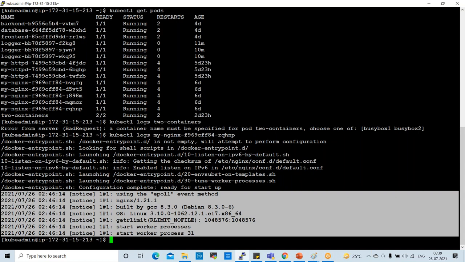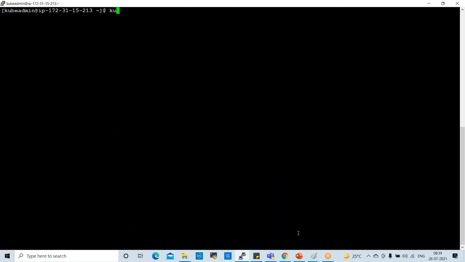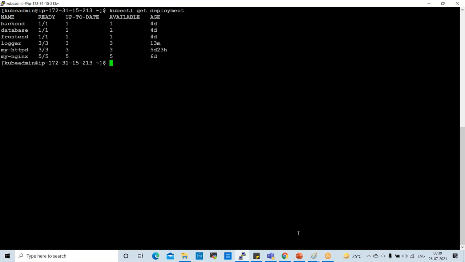If you want to edit any deployment, clear the screen, then kubectl get deployment. So these are the deployments we have.